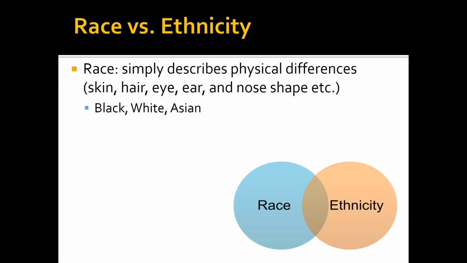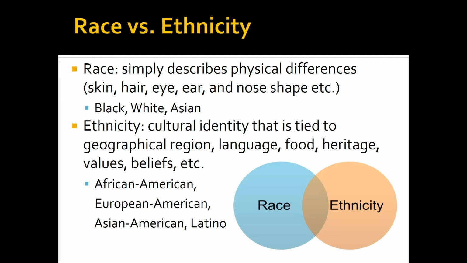So race is seen as more of a biological construct. It's meant to describe or denote physical differences. These are things like skin tone, hair texture, eye shape, eye color, ears, nose shape, etc. And there are a lot of different theories for how many races there are, but at least in the United States, the primary races that people traditionally identify are Black, white, and Asian. And I realize that that's incredibly minimizing and inaccurate, but race is really a social construction, just like